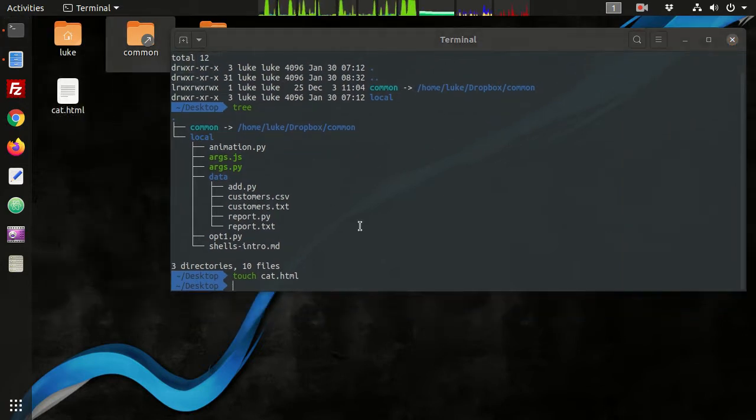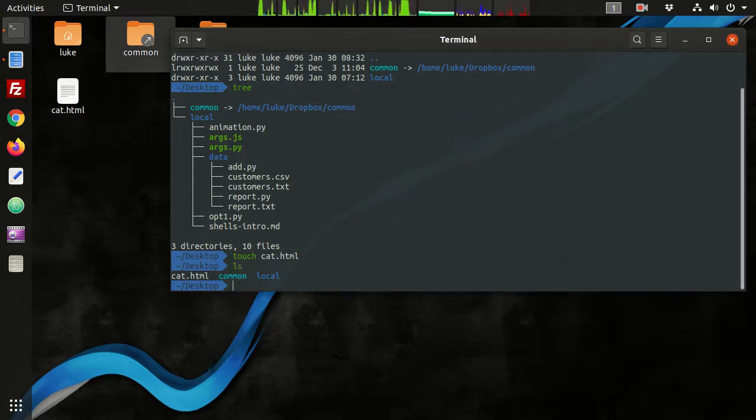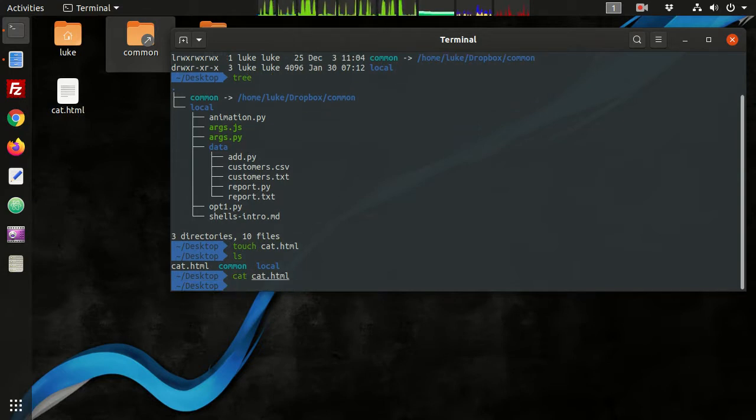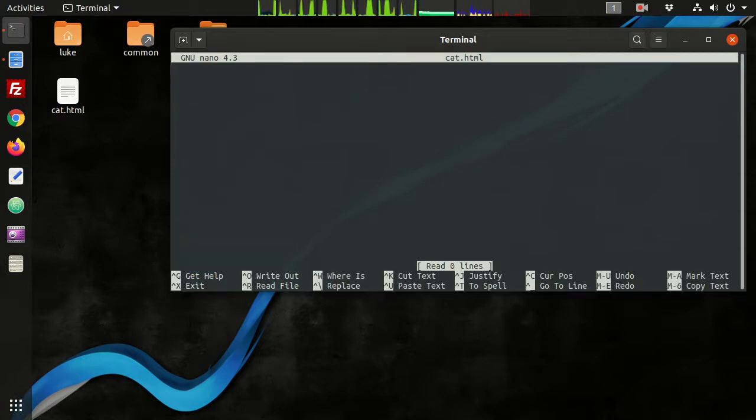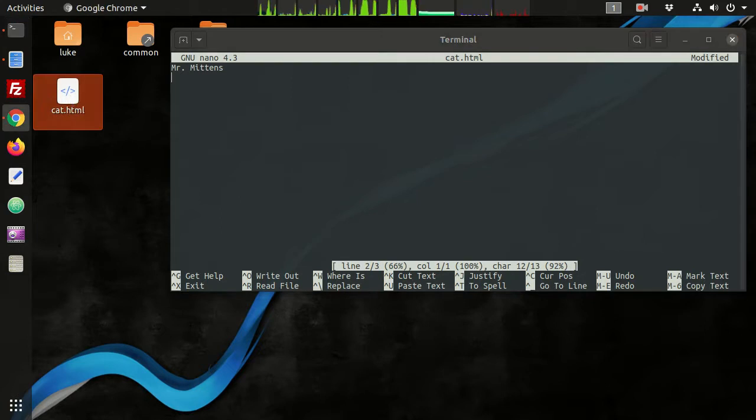Alright, cat.html. Now so far I've just created the file and there's no text inside of it. ls cat.html. There's nothing inside. I can add stuff to this file, cat.html. The nano command is the text-based editor, and I can edit this file. We can start with just plain text, and we can say this is going to be a web page about Mr. Mittens. Alright, and Control S will save that, and I can double click on this and it should open up